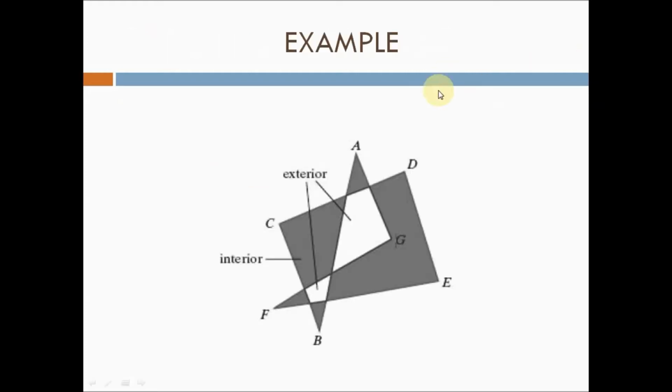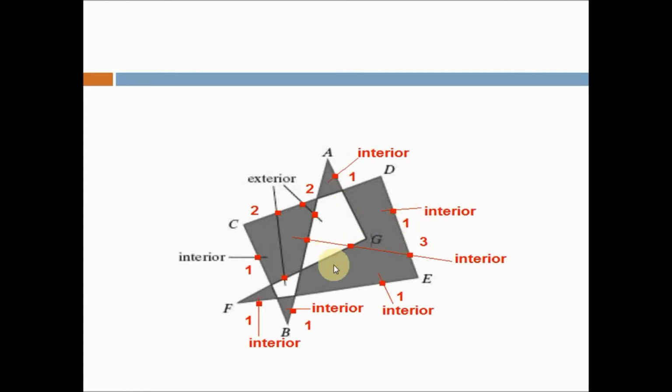Now to explain the odd even rule, the odd parity rule, I am taking this polygon here. In this polygon you can see some regions are interior and some regions are exterior. How to identify that? Now I will explain that. Yes, it's very simple. First, to explain this, I'm considering this area that is in white color. See the highlighter? This area in the white color, you can see this is exterior. Getting, guys?